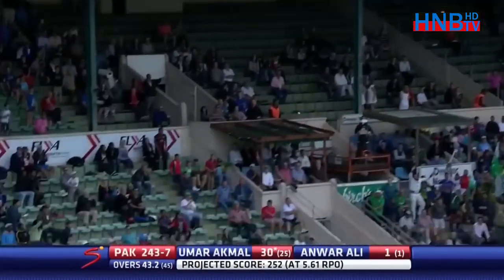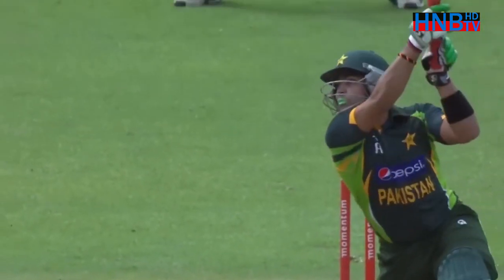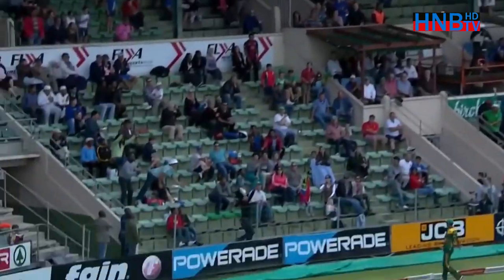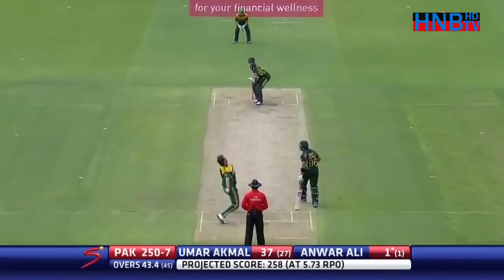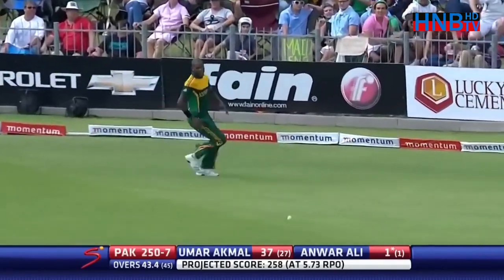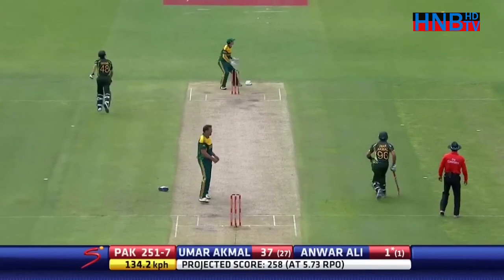How about that? He's just smashed it over extra cover. Imran Tahir on the boundary thought he was in business for a short while, but it's cleared the boundary comfortably. That was good. It's found the gap between the man at fine leg and deep mid-wicket, but it's pulled in and they threw